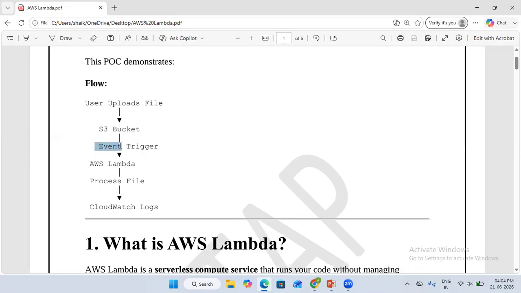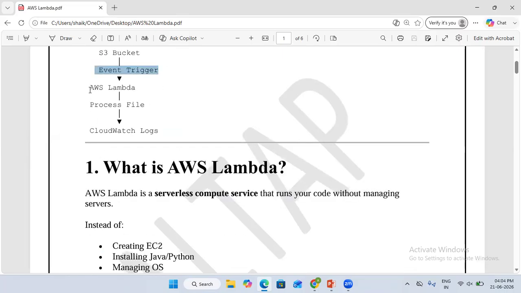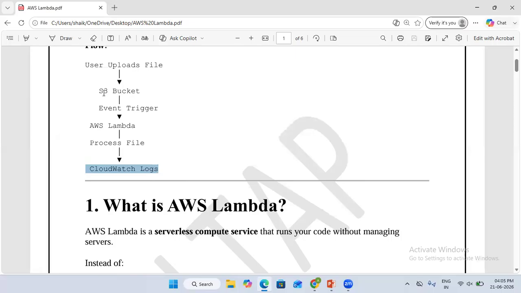Once the file is uploaded in the S3 bucket, one event will be triggered and that event will go to AWS Lambda. AWS Lambda will process the file and we are going to see CloudWatch logs. In those logs, we are going to identify whatever file we have uploaded into the S3 bucket, with the help of the event that is triggered, and we are able to process these files. So first, let's try to understand